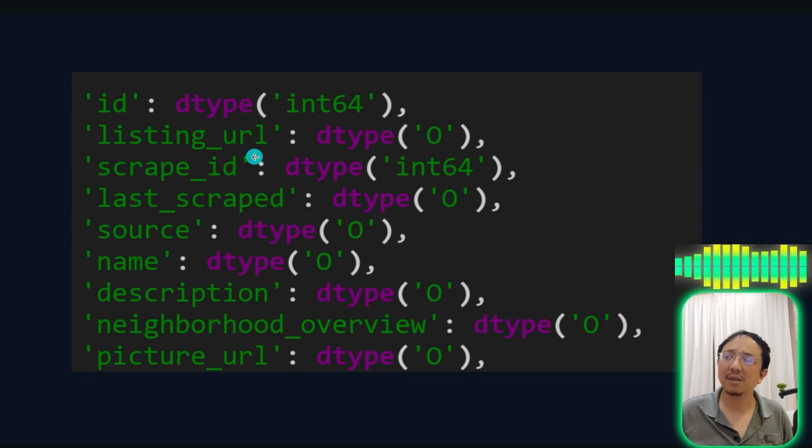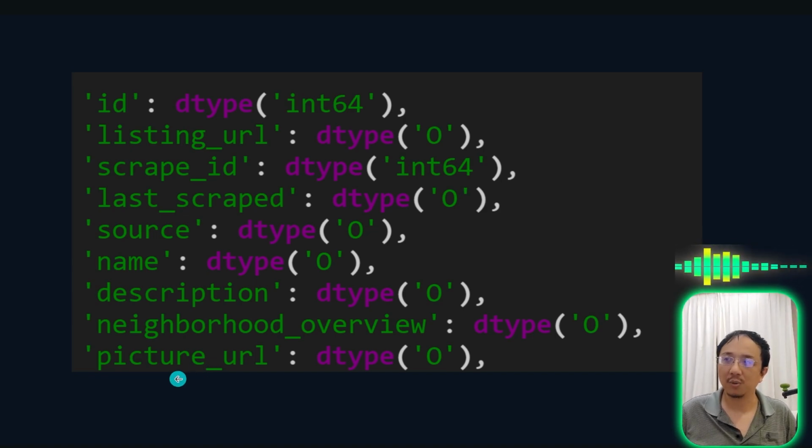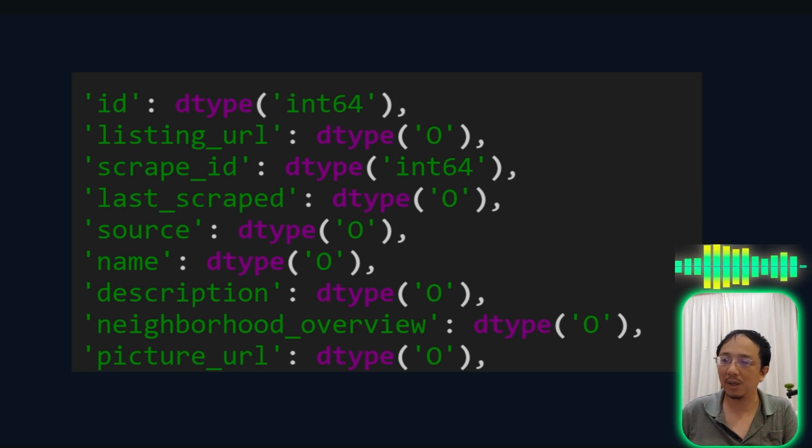Things like listing URL or picture URL are just some URL or script ID. They don't seem to be very useful for us because we are not going to download these pictures. So we probably are not going to use them. Identifying which columns are useful and which are not is very important because we have a lot of columns. Selecting the useful columns helps you understand, navigate, and explore this data